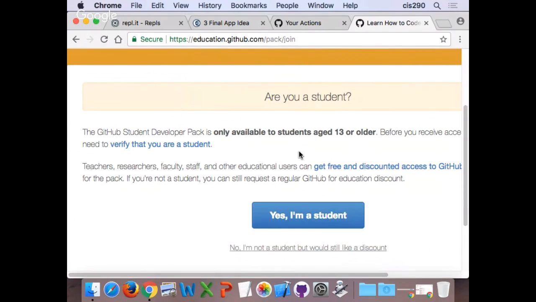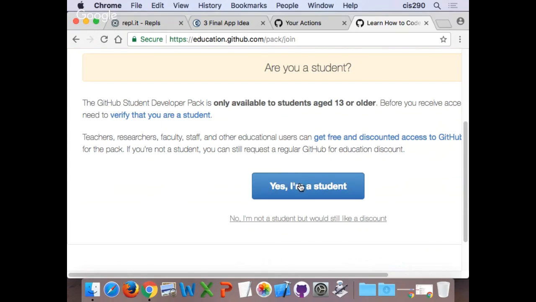And I think it's more of a taking your word for it type thing at this point. You just have to be over 13, which I think everybody is. And teachers, researchers, faculty, staff, and other educational users can get free and discounted access to GitHub. For the pack, if you're not a student, you can still request it for education. So go ahead and say, yes, I am a student.